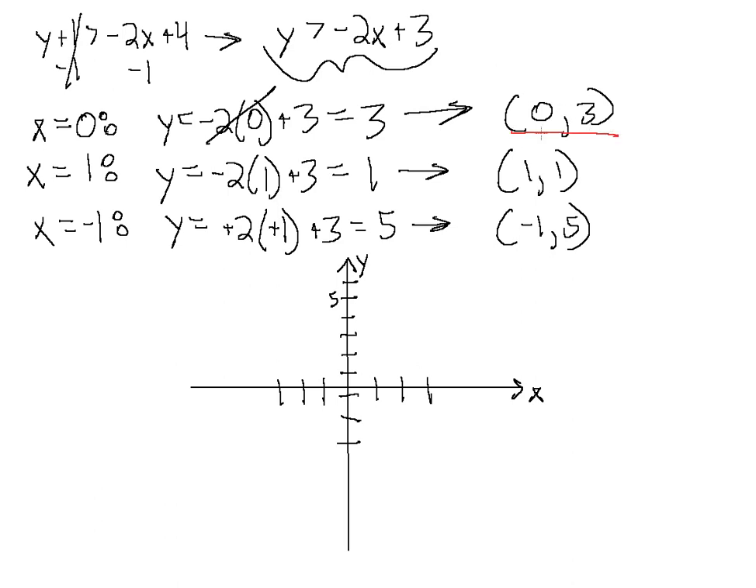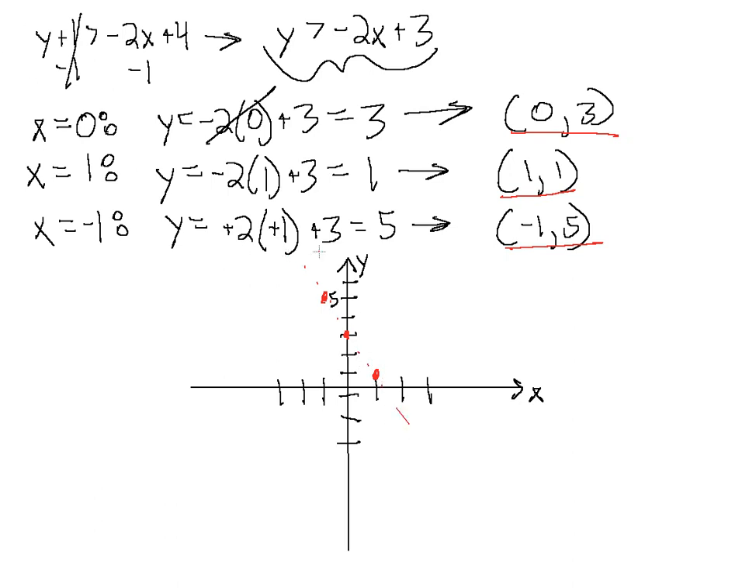First point is 0, 3, which is right here. Second point is 1, 1, occurs right there. And third point is minus 1 and 5. So we have 3 points on our line, so let's go ahead and connect them. Now we need to look and see if we have a greater than or equal to sign. This is just a greater than, so our line is going to be dashed. A dashed line means that we are excluding